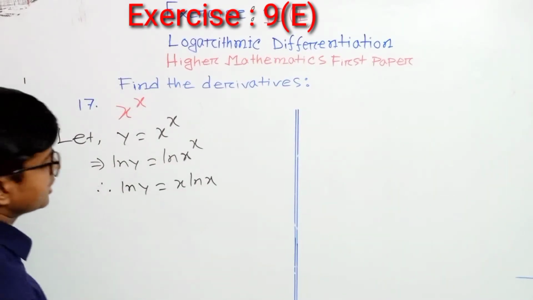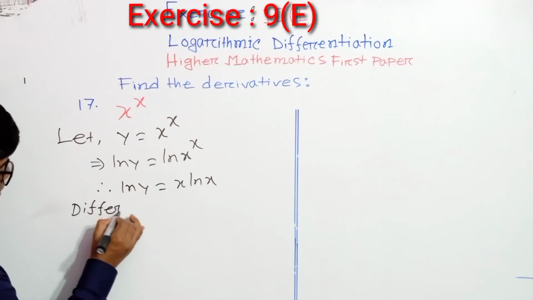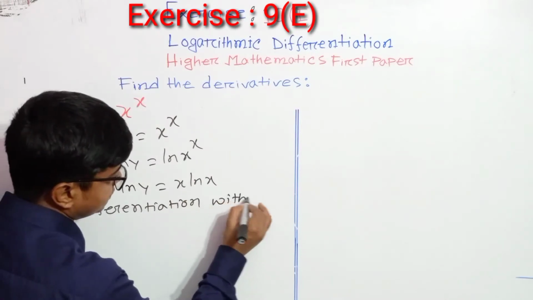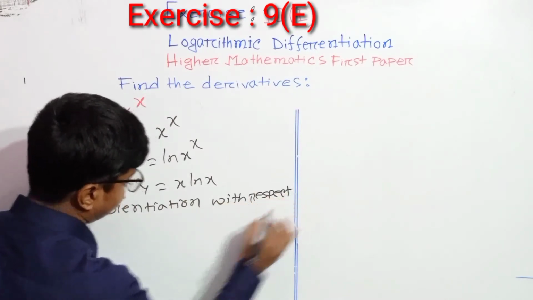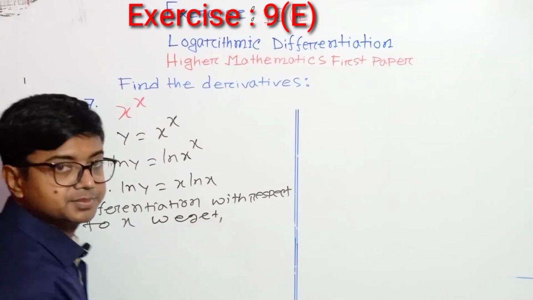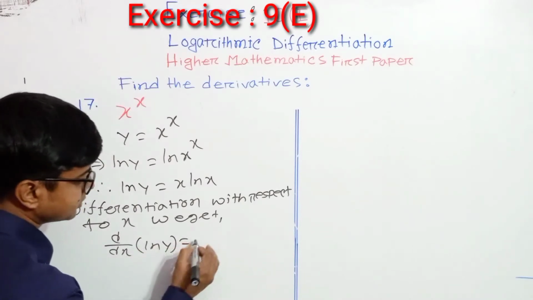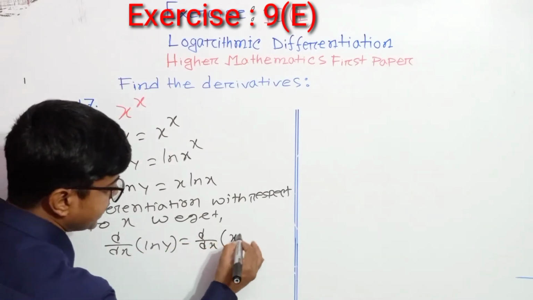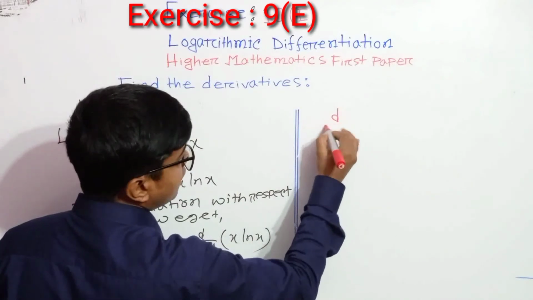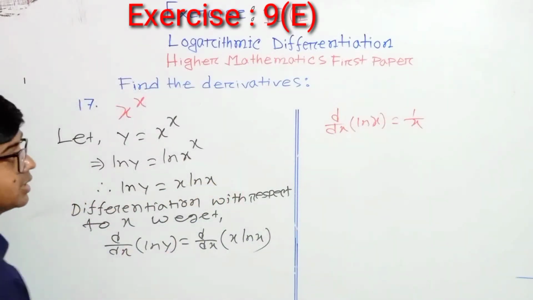Now differentiation with respect to x, we get d/dx of ln y equals to d/dx of x into ln x. And here we know that the formula of d/dx of ln x equals to 1 by x. So we can write here for this formula,